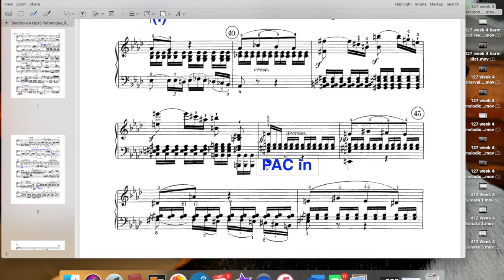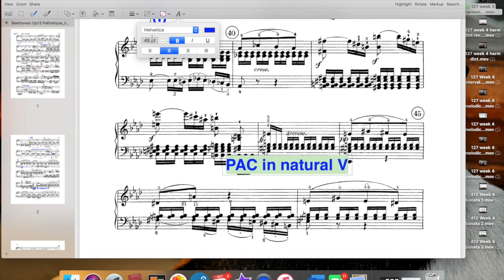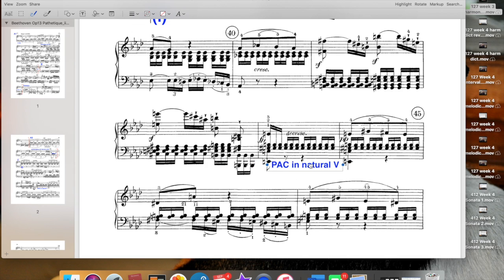It's also natural 5. I don't know that I can easily insert a natural, so I'll just say natural 5 like that. Because that is highly unusual, but that's a perfect authentic cadence to end the key. So, or to end the section,